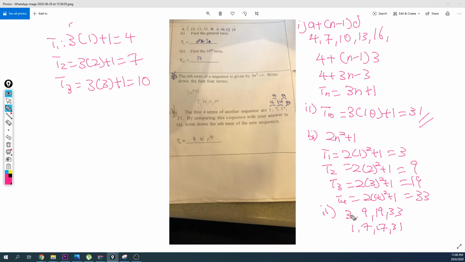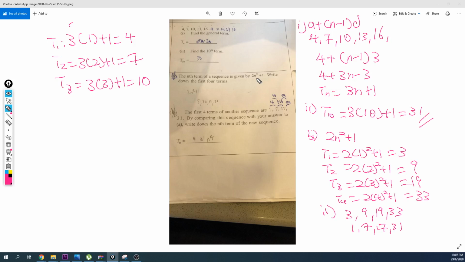As we can see, the first term of the first sequence is 3, but for the second sequence it is 1. The second term of the first sequence is 9, but for the second sequence it is 7. So you can see it's 2 less. To express the second sequence in terms of n, we just need to subtract 2 from the formula